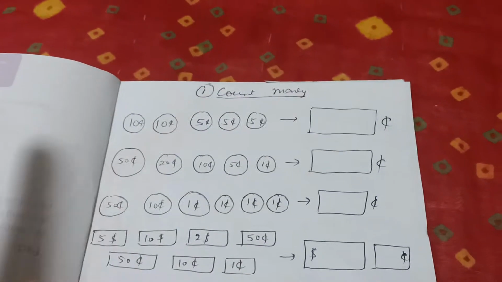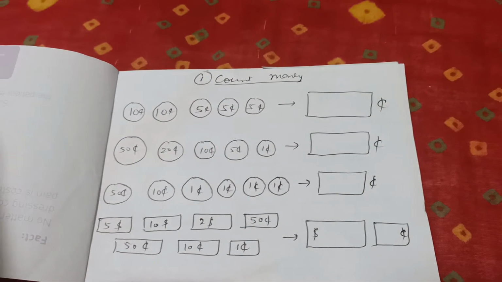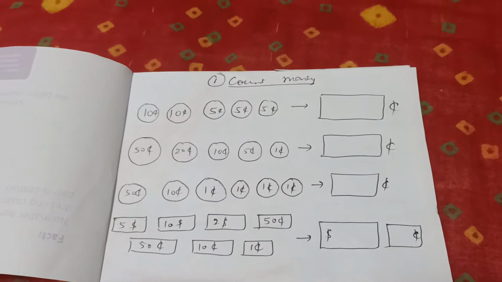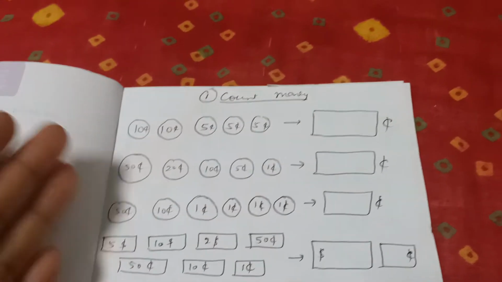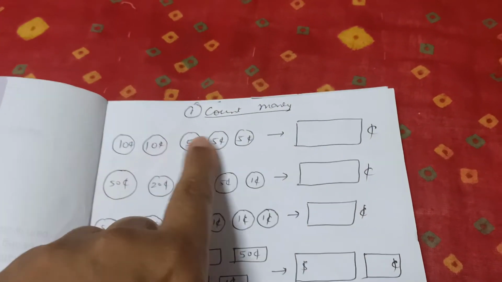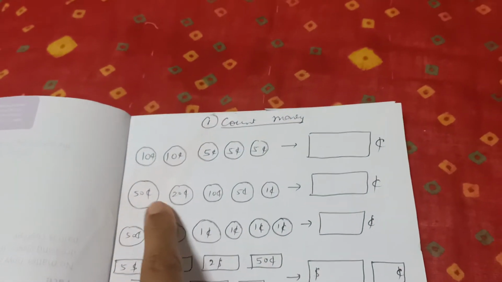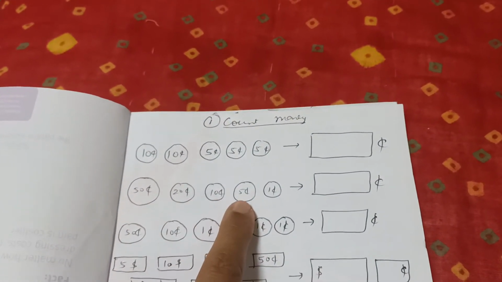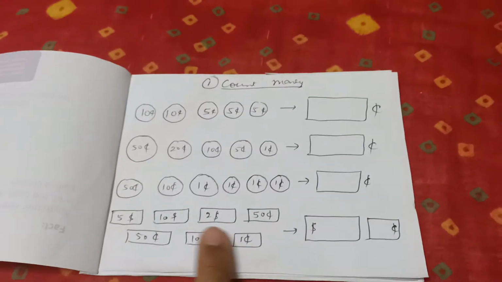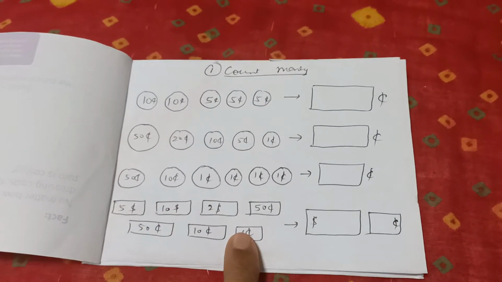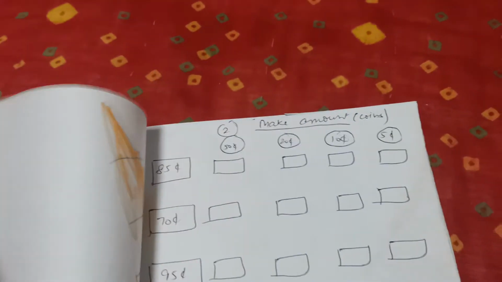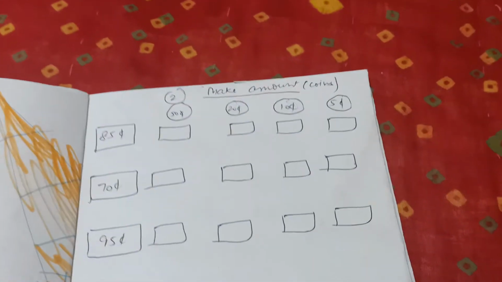Starting with the first one, we are doing counting money. We learn by skip counting. She knows skip counting by 10 and 5, so that's what we are going to do. 10, 20, 30, 35 cents, 50, 60, 70, 80, 85, 86 cents, like that. And here we are mixing up dollars and cents, but she counts the real money very well.